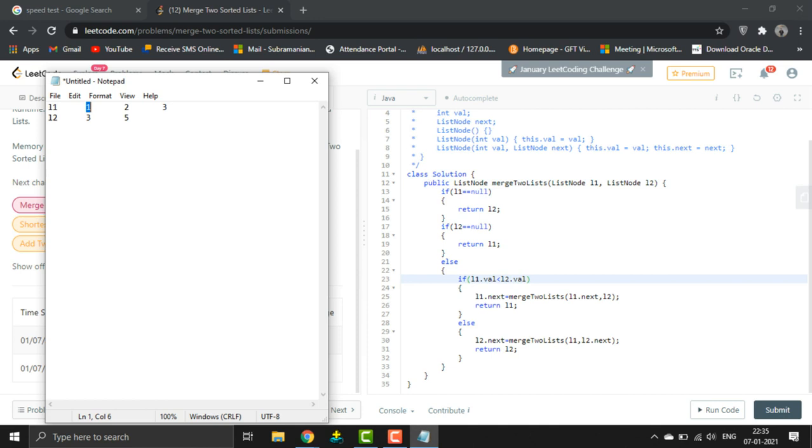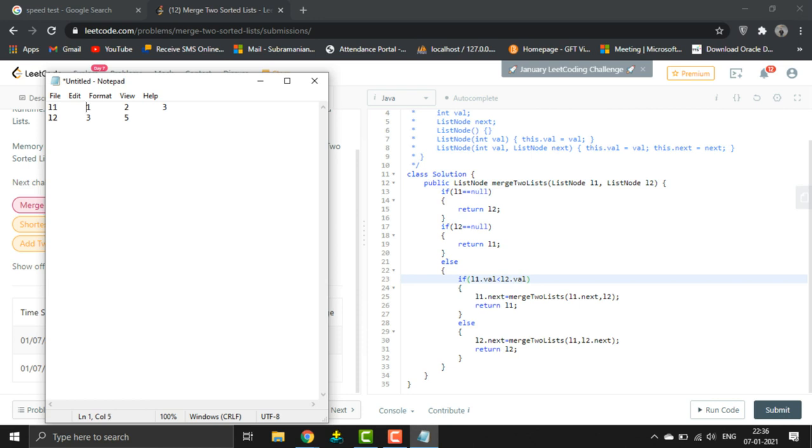Since these two failed, it will come to the else condition. In this else condition, 1 and 3 will be compared. Since 1 is lesser than 3, L1 will be moved to the next element, which is 2. That is what we said here, merge two lists of L1 dot next comma L2.